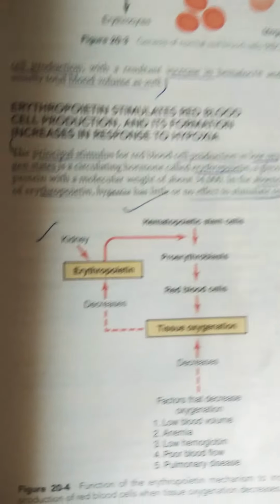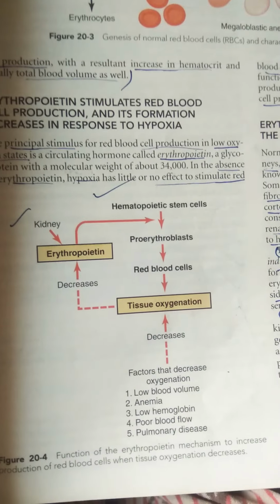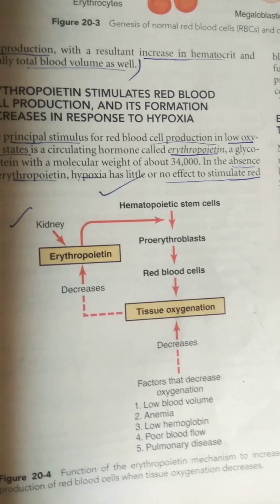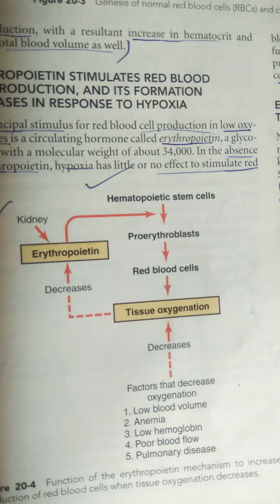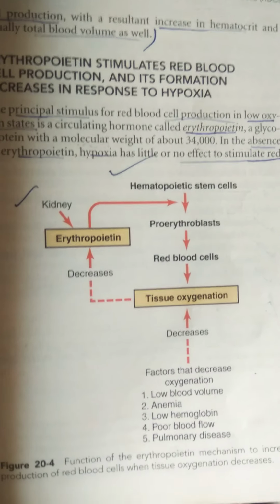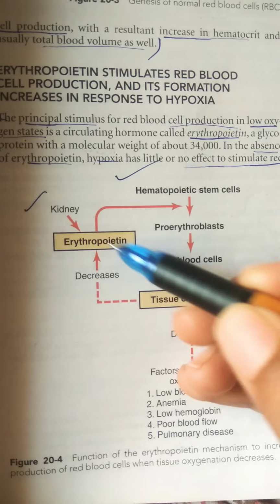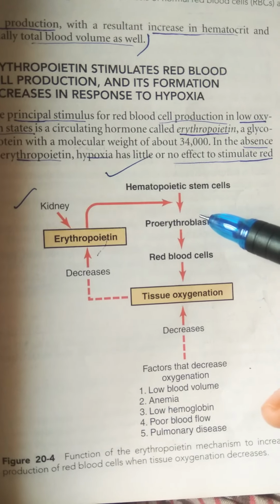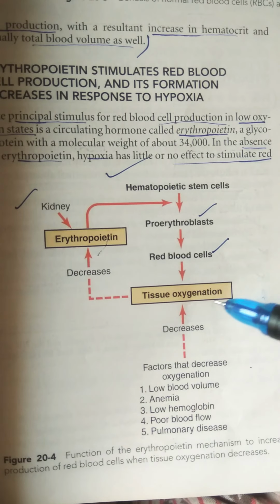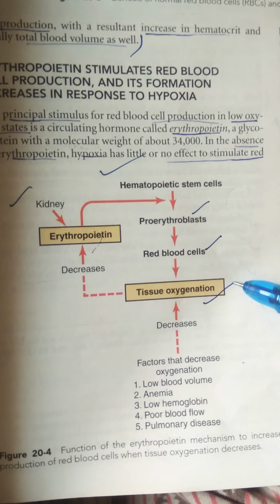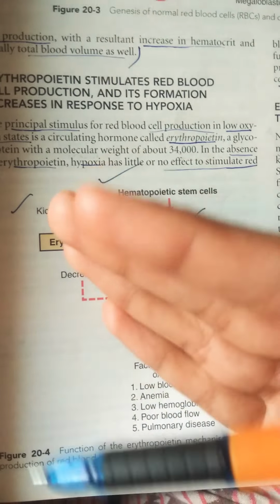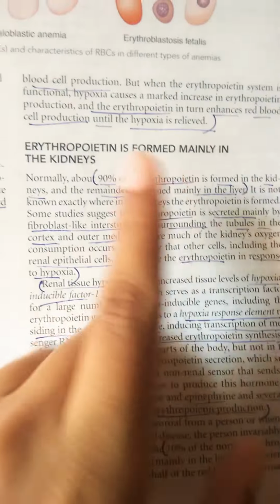So till now we are saying that whenever there is low oxygen to tissue, red blood cells are formed. So how is this happening? What is activating it? It is mainly erythropoietin, which activates the formation of red blood cells whenever tissue oxygen is low. You can see here that from the kidney, erythropoietin is released and acts on hematopoietic stem cells, so that proerythroblasts convert into red blood cells. Whenever the tissue is oxygenated again, the erythropoietin decreases. So erythropoietin is activated whenever there are hypoxic conditions. This point is important.